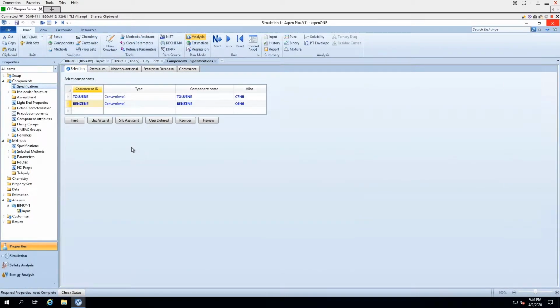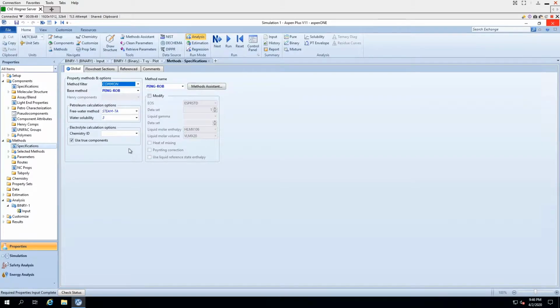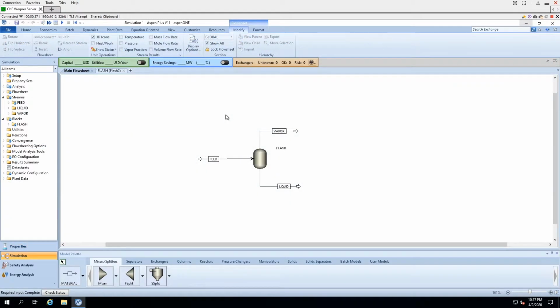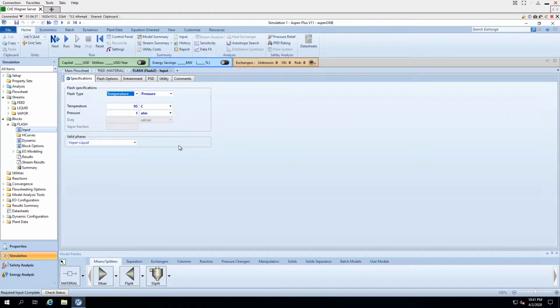Today I set up a simple simulation using toluene and benzene. I have also chosen the Peng-Robinson method for my physical properties. I wish to show the effect of pressure on vapor-liquid equilibrium in a flash drum of toluene and benzene at a constant temperature. In this simple flowchart, the only specifications I needed to make were for the flash drum